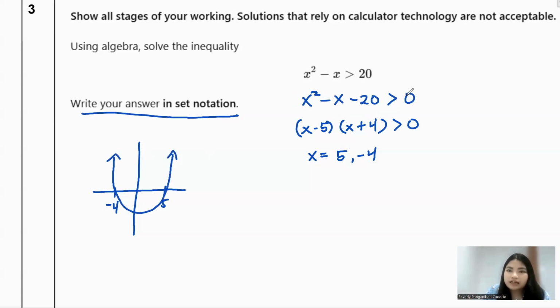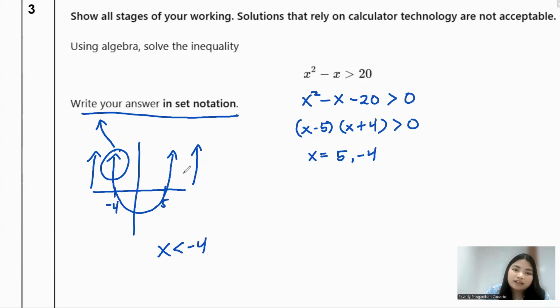Now, it says that it is greater than 0, meaning to say I'm going to consider everything, my y, that is greater than 0. So, everything here on the top of the x-axis, right? Because that's everything that is 0 or greater than 0. And what will be your domain on that one? So you can see that this arrow keeps on approaching to the left. So I will say that this one is x is less than negative 4.